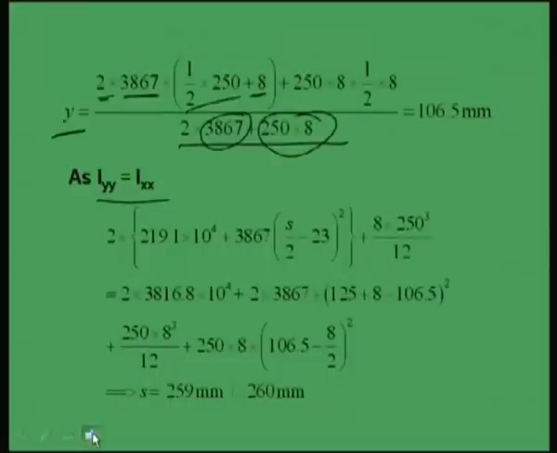Okay. And this is the plate, 250 into 8 into half of 8. So, we are getting y as 106.5 millimeter, right.